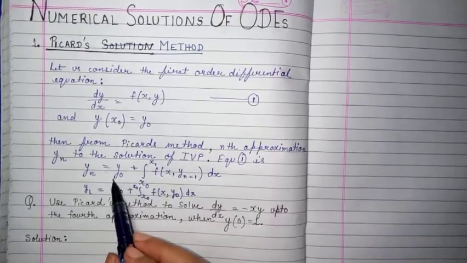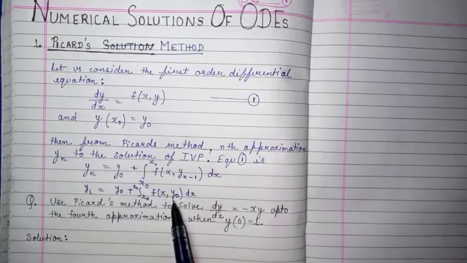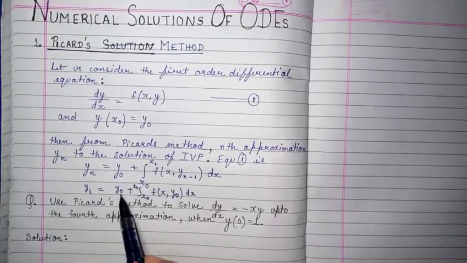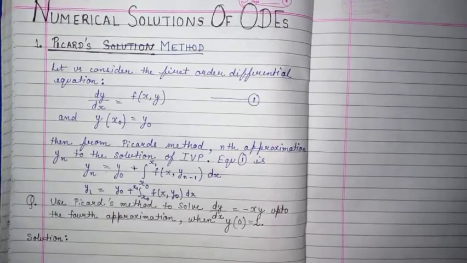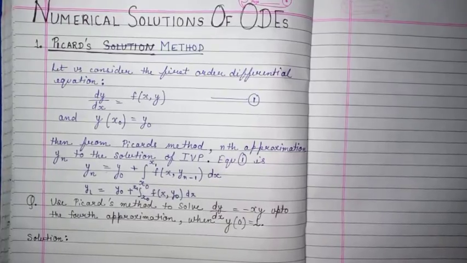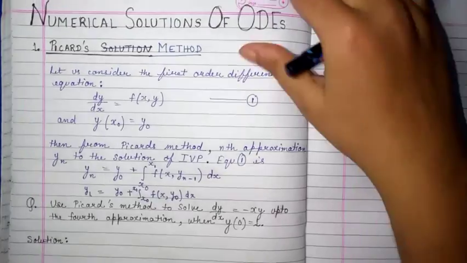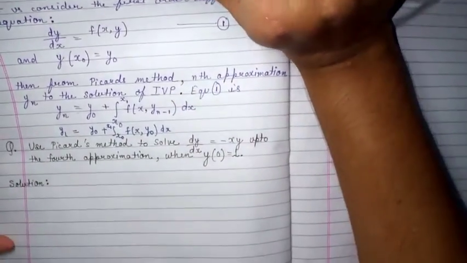But you don't have to change the value of y0. Don't think that if it is y2, then you will write y1 in both places. No, you only have to change the value according to this. So this is the exact formula. I am not going into the depth of how this formula came about. You only have to learn the exact formula and what it says.